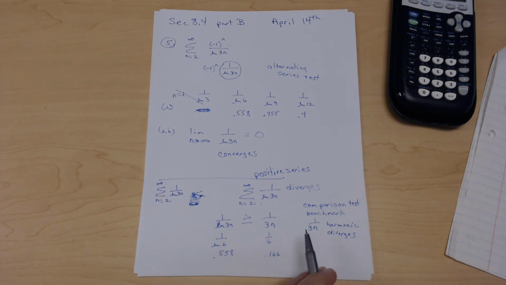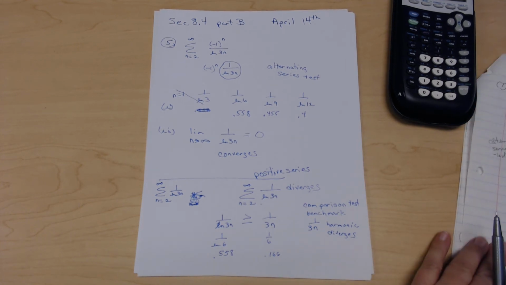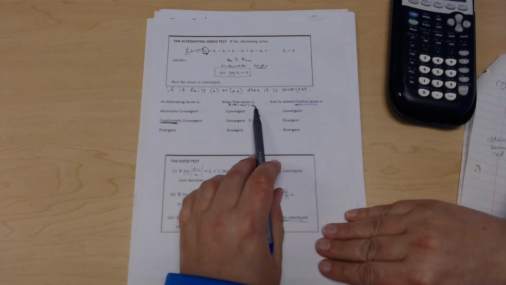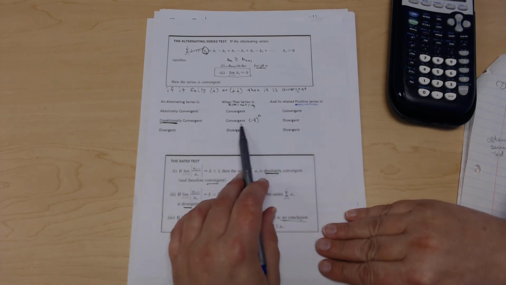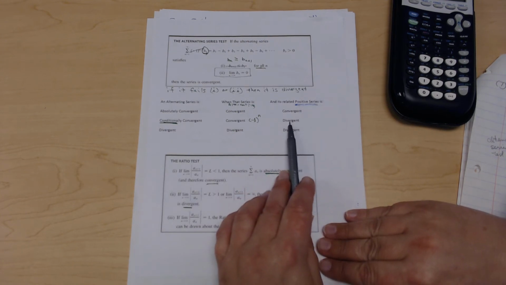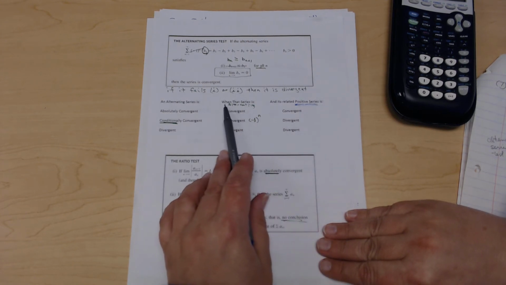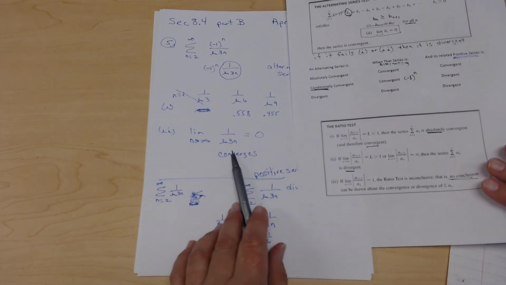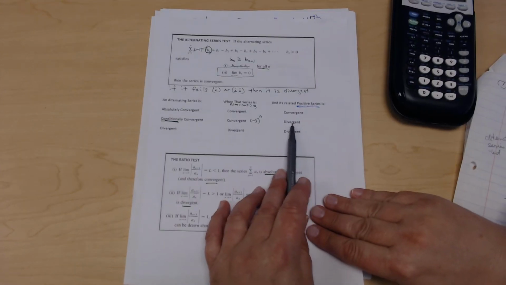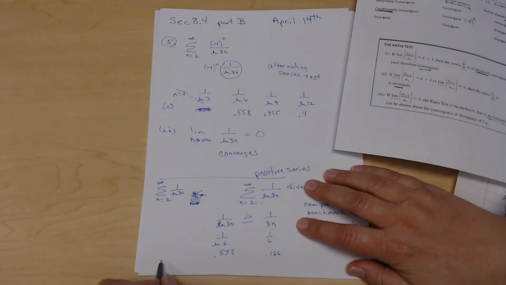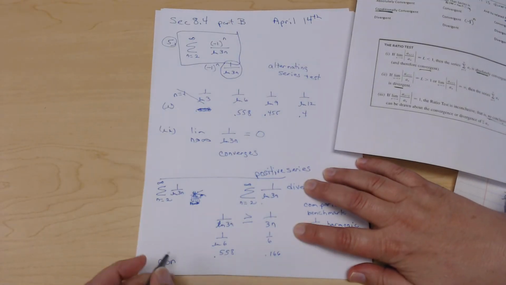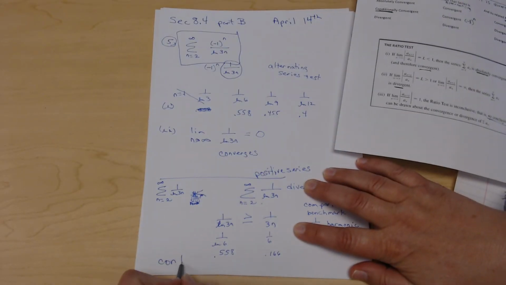Okay, so what does that mean? As an alternating series, it was convergent. As a positive series, it was divergent. Alternating series was convergent. That's what we proved up here. Positive series was divergent. So this one is the overall problem, the original problem is conditionally